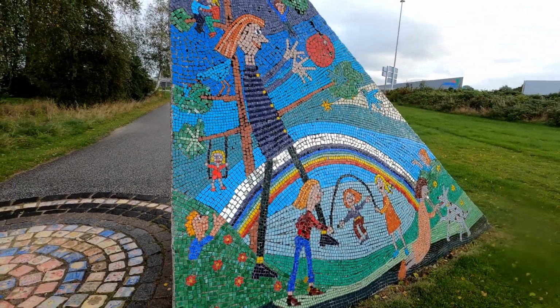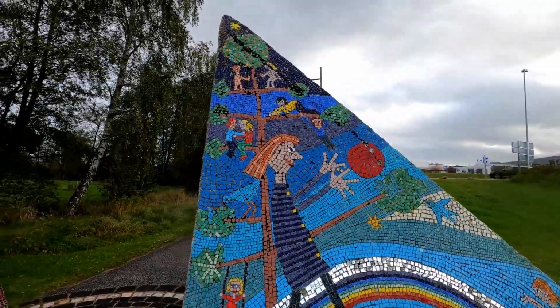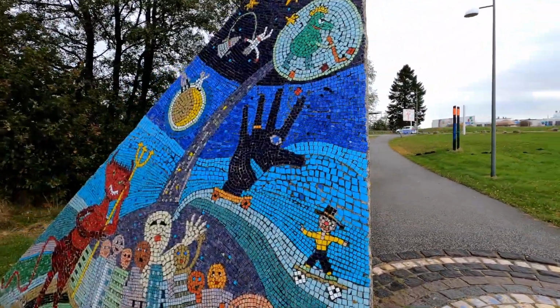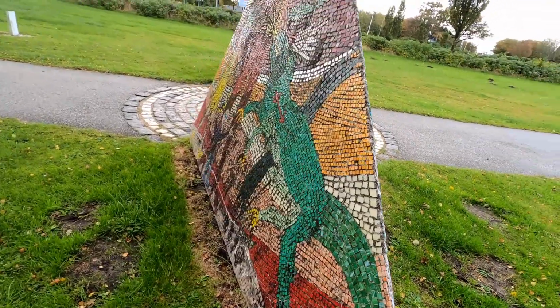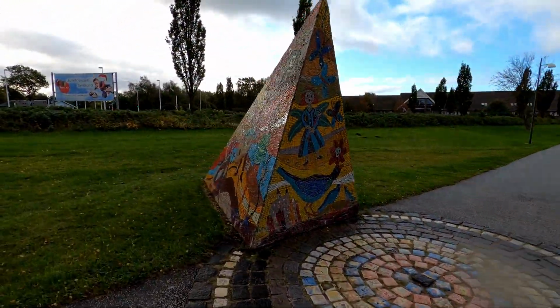So you have all of these amazing sculptures which everybody stops and looks at and takes photos of. And like I said, it is just outside all the hotels. I don't know the backstory behind all of it, but I thought it might be something that you'd like to see, and then also just see how long the